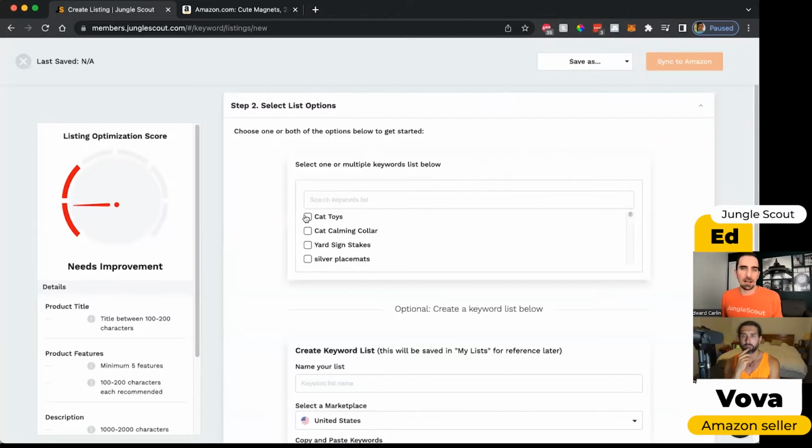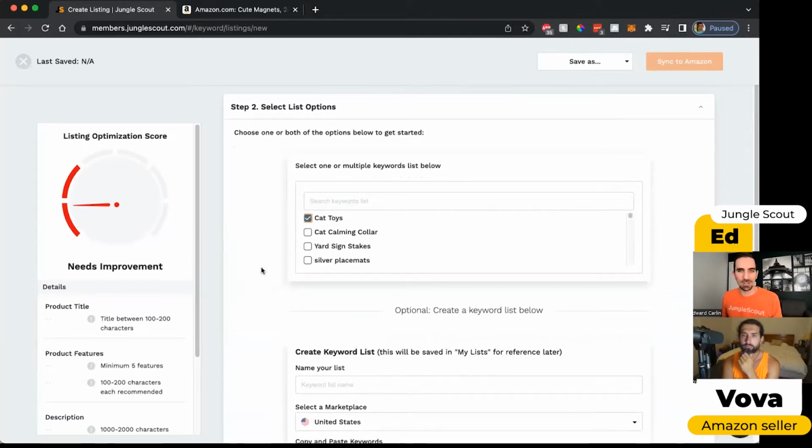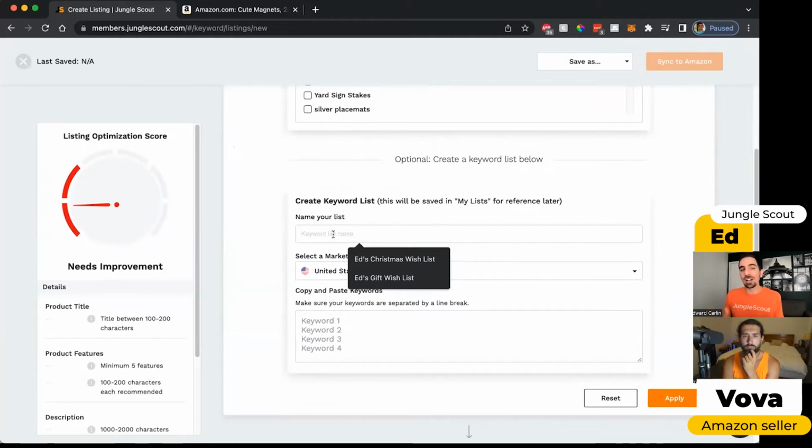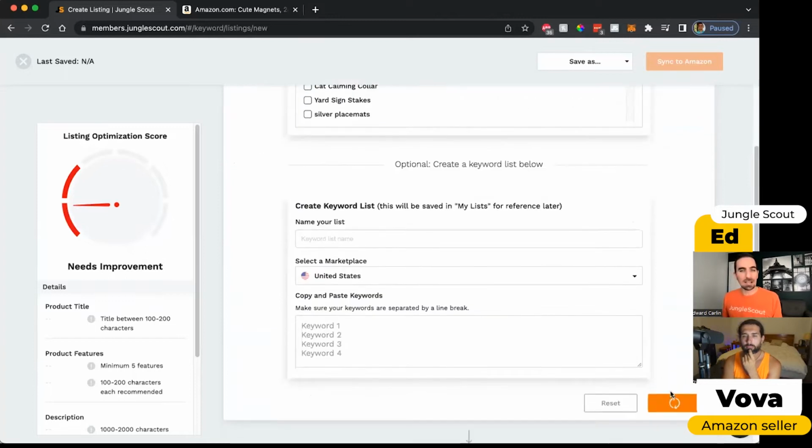I'm just going to go with the draft a listing here so that we can see how this would work from the very beginning. So if we chose our cat toys list, that means that I'm going to pull in all of those 600 something keywords from our cat toys list into the tool. If I hadn't done the research in Keyword Scout yet, I could still manually create a list here, but I don't recommend that. It's always better to do the research using Keyword Scout, create your list, and then just import it to the tool. When I click apply,